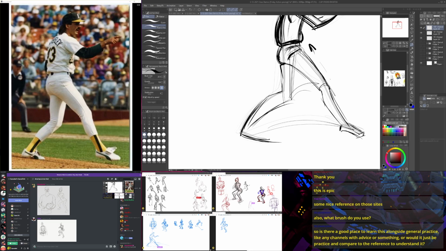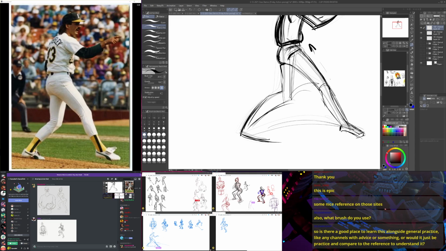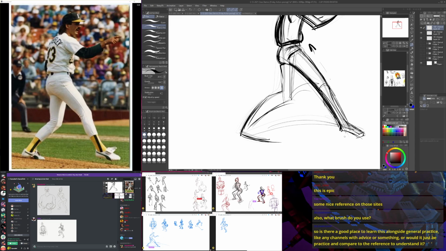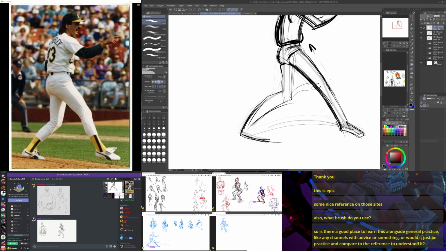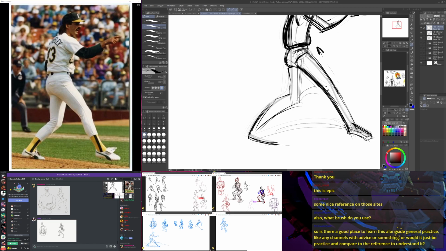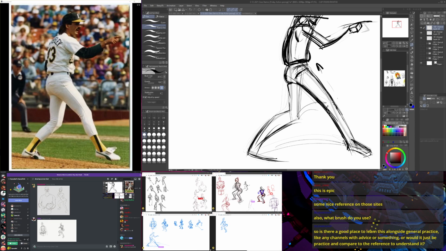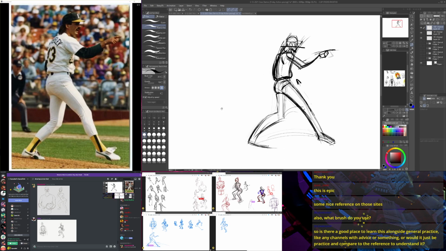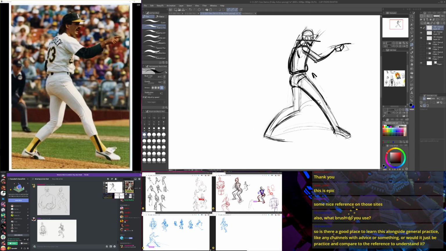Get a little indication of the top plane of his shoe somewhat. This is a really crappy leg. Maybe I should have handled this as one big shape. I think that actually works better, because then you can break into it with the different segments and components that it has, instead of getting caught up in little bits and pieces. I'm going to go through and see if there's anything I can really adjust. It's looking really funky.